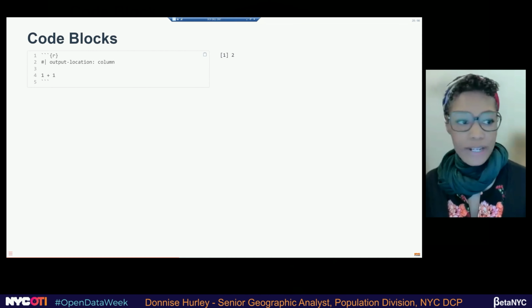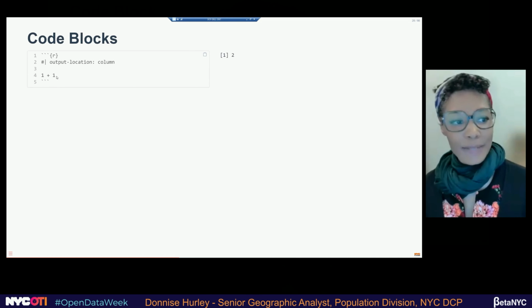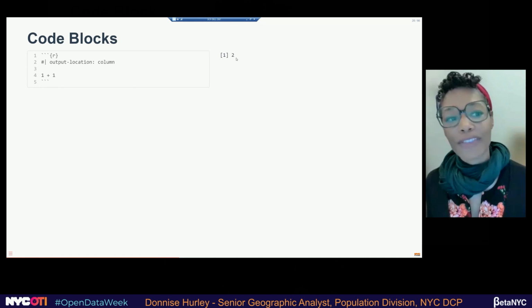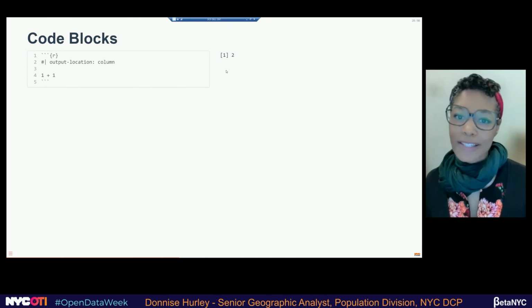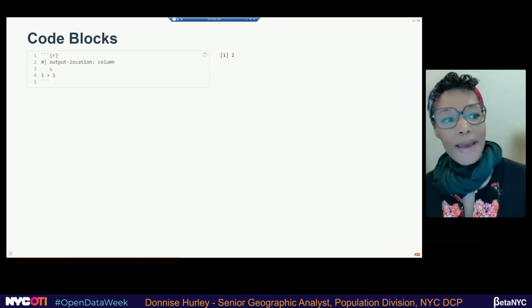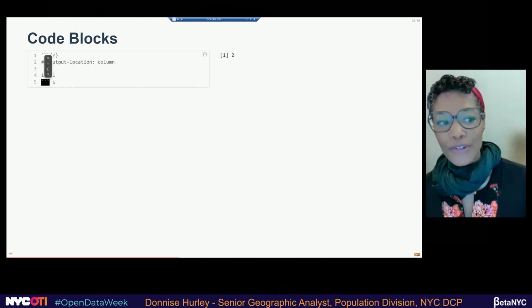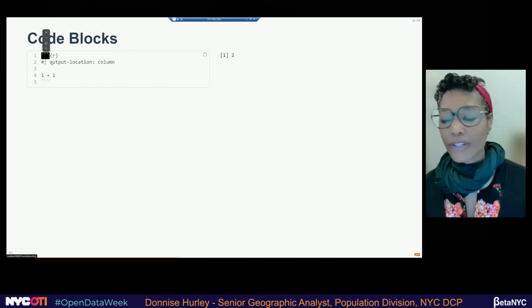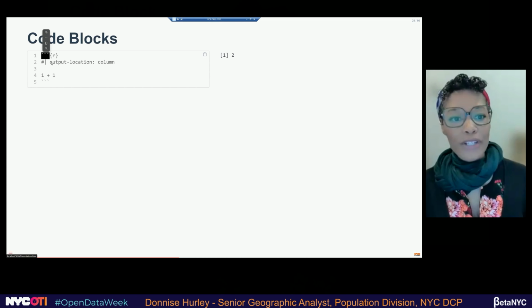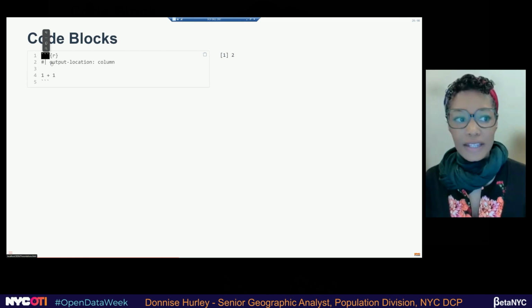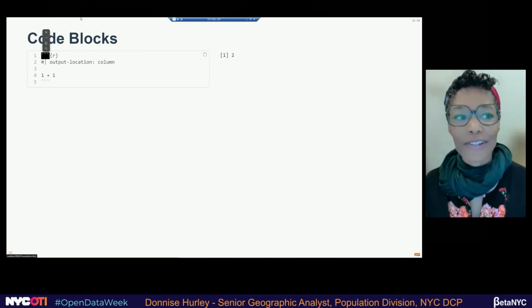Quarto is pretty literate that it will suggest syntax for you, and it also flags if you wrote incorrect syntax. So starting with a simple example, 1 + 1, I'll put that in my code block, and you can see my output on the right. So 1 + 1, indeed, it's 2. So that's a pretty simple example to get you started. And then you always close your code block with 3 ticks. Just remember Quarto likes symmetry. So when you start a code block, or later when we get to fence divs, everything usually comes in 3s, and then it has to mirror each other.